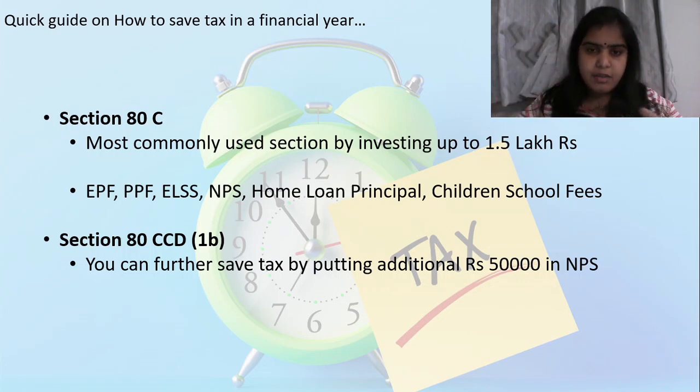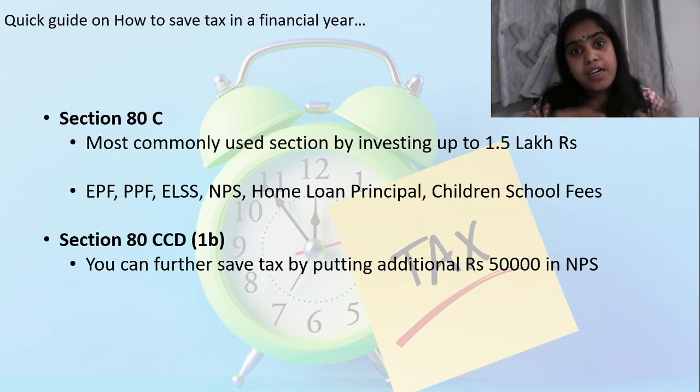If you have already made some investments, whether it's PPF or NPS or even the home loan or ELSS, see how the calculation works. Now if your income is say 10 lakh rupees, and you are investing 1.5 lakh rupees, then your taxable income will be 8.5 lakh rupees. Up to 2.5 lakh rupees there is no tax, then up to 5 lakh rupees is one slab, 5 lakh to 10 lakh rupees is another slab, and 10 lakh rupees onwards is a third slab, which is the 30% slab. So the first 1.5 lakh rupees will get deducted under Section 80C, and you can make an additional investment of